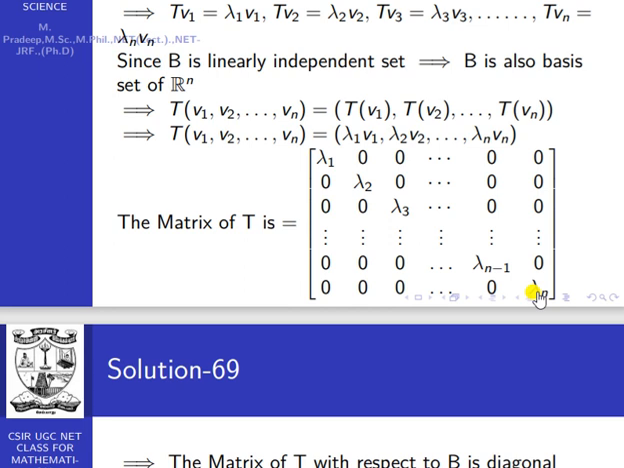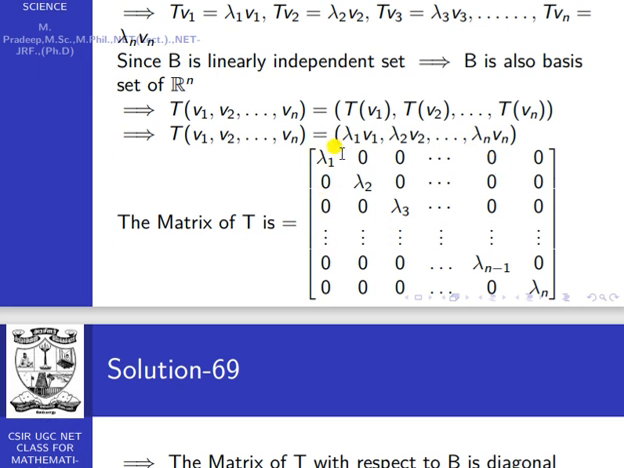The same way, lambda 2 V2 when we express in terms of V1, V2, Vn, because V1, V2, Vn are the basis of R power n. So lambda 2 V2 in terms of V1, V2 and so on Vn is 0 V1 plus lambda 2 V2 plus 0 V3 plus and so on 0 Vn. The same way, when we express each and every lambda n Vn, we get the corresponding coefficients, which form